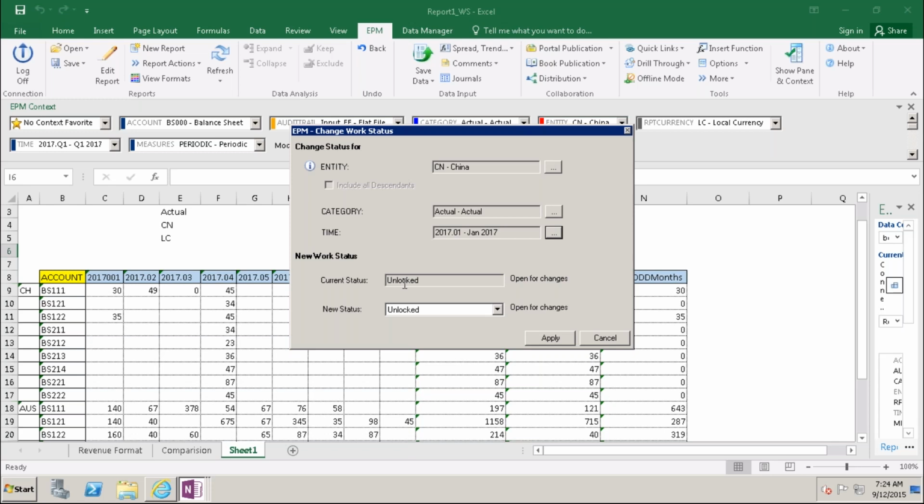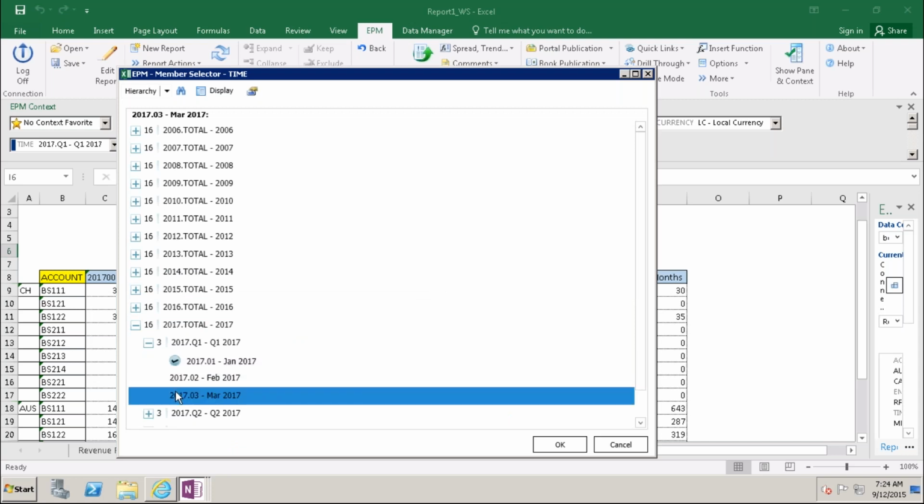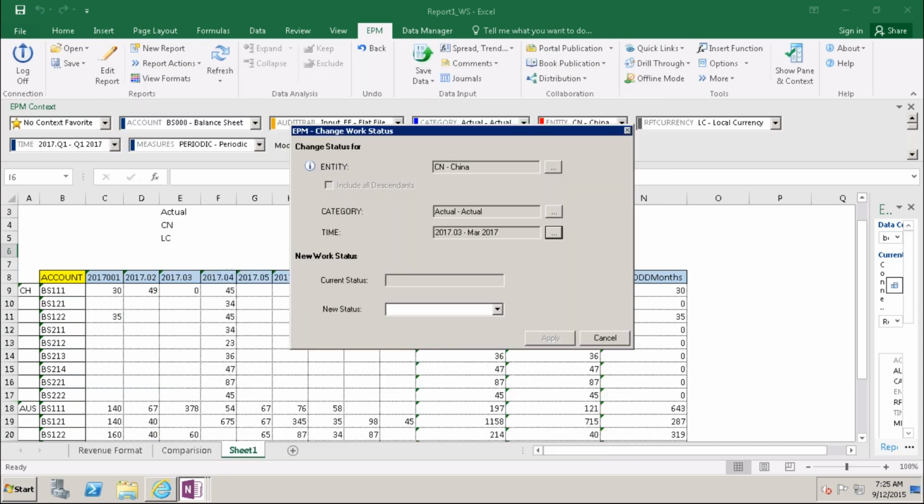I'll show you here. And also the third month, if I'm taking, this is also a base of this quarter one. You can see the unlocked. Okay, here only unlocked is there.